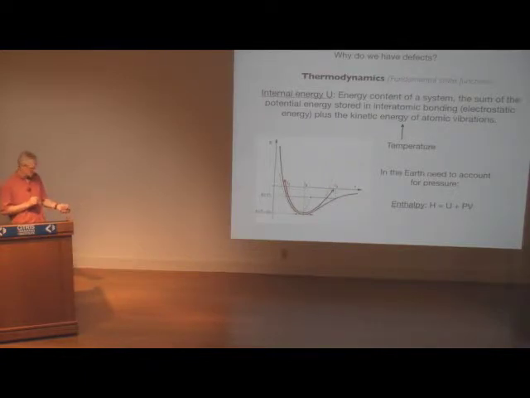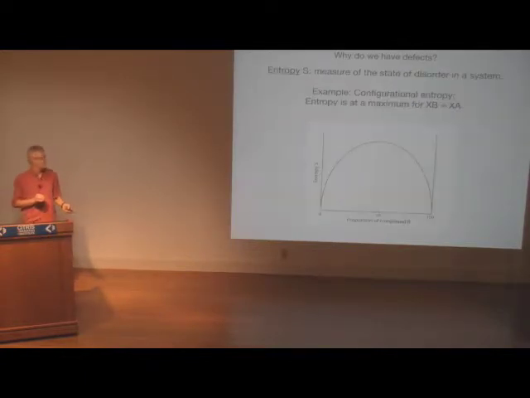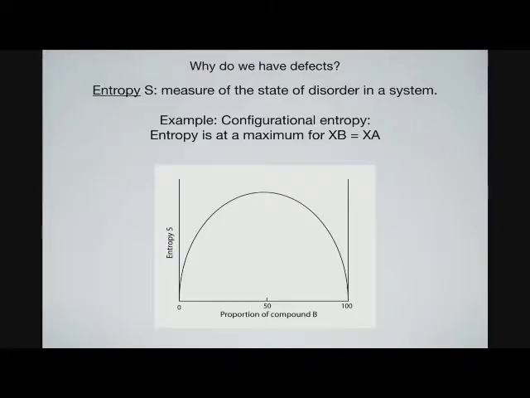So fundamental state functions, enthalpy, but the more interesting one, of course, is this one here, entropy, right? And entropy is a measure of the state of disorder in the system. And the simplest example, and what I'll be coming back to, is configurational entropy. You have 2 compounds, A and B, and nice separate compounds. If you take different colored marbles or something like that, you can either keep them completely separate, then you have a very low entropy, or you can mix them perfectly, then you have a very high entropy here, right? So compound A and B, and at a 50-50 mixture, your entropy is maximized. You have the maximum disorder in the